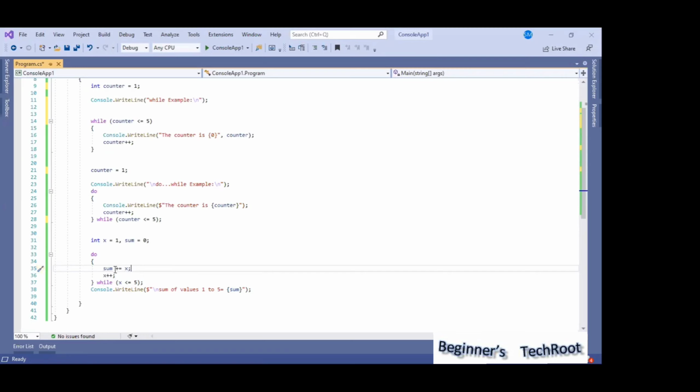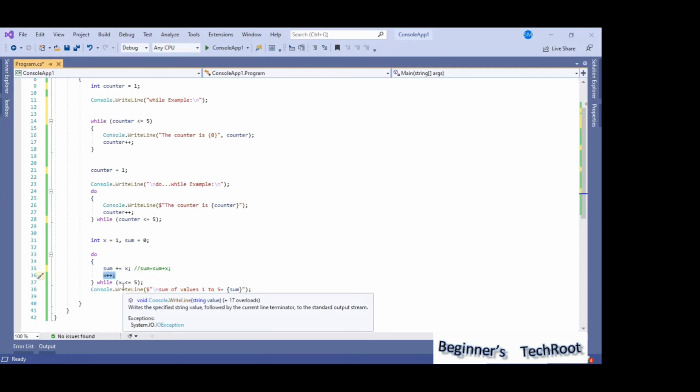We have learned in assignment operators, the plus equal to is nothing but sum equal to sum plus x. So for simplicity, as we have the assignment operator plus equal to, I have used it here, sum plus equal to x. Then I am incrementing the value of x.